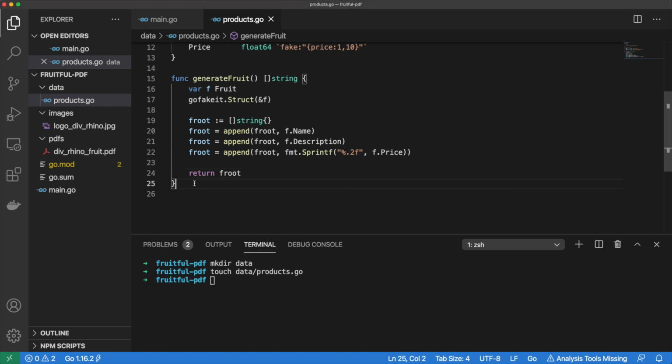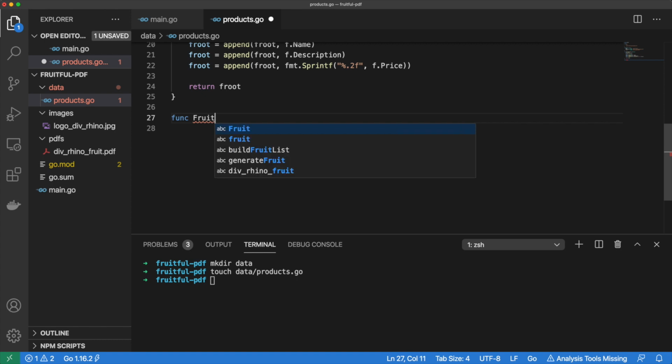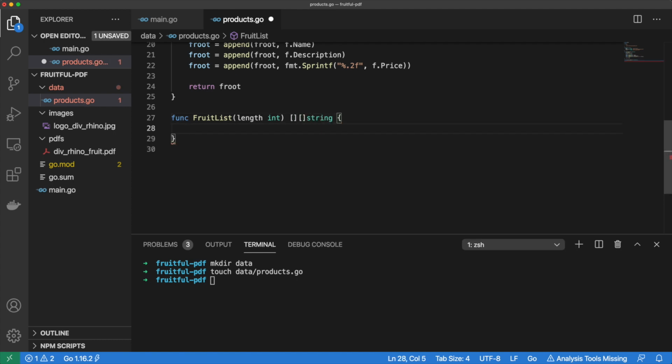If you recall, the table list method expects the contents to be in the form of a 2-dimensional slice of string. So let's create a public fruit list function that will return this 2-dimensional slice of string. This function will take in an argument called length. We can use this to determine how long we want our fruit list to be. Within the body of the fruit list function, let's set up a variable to hold all of our fruit.